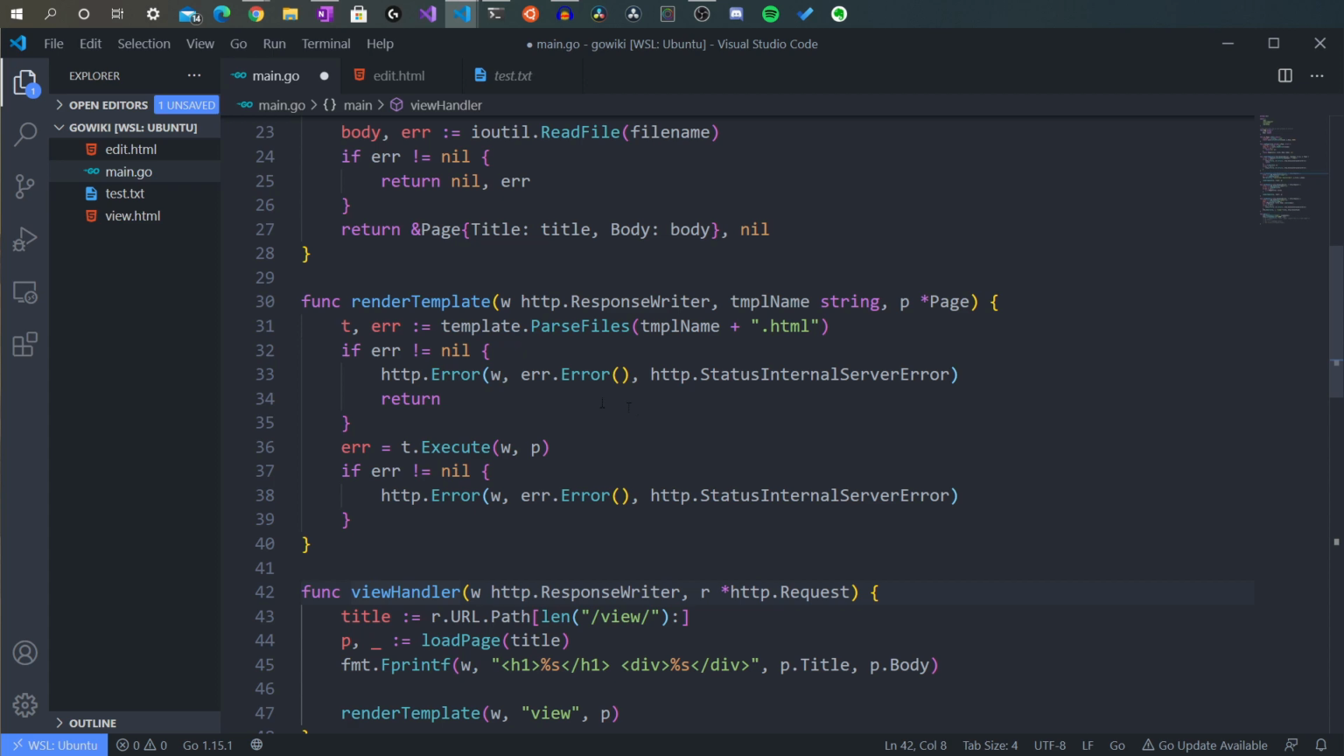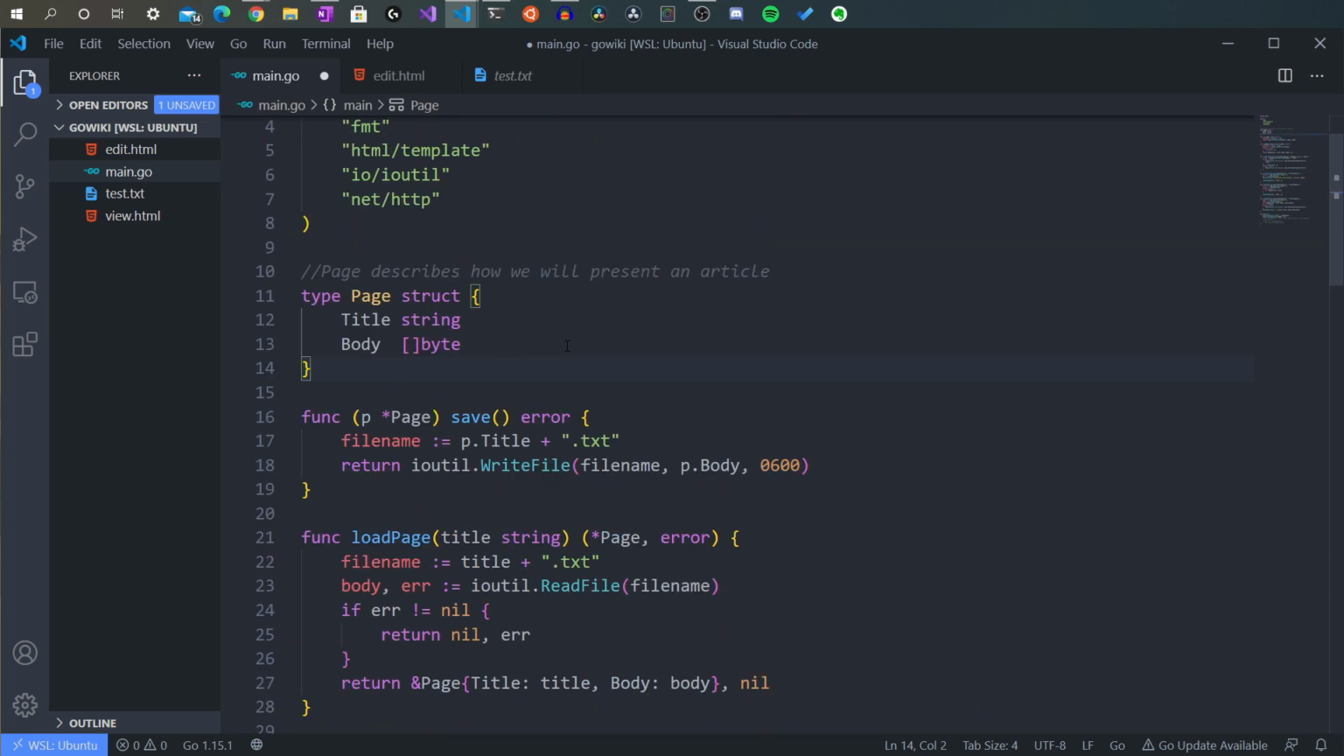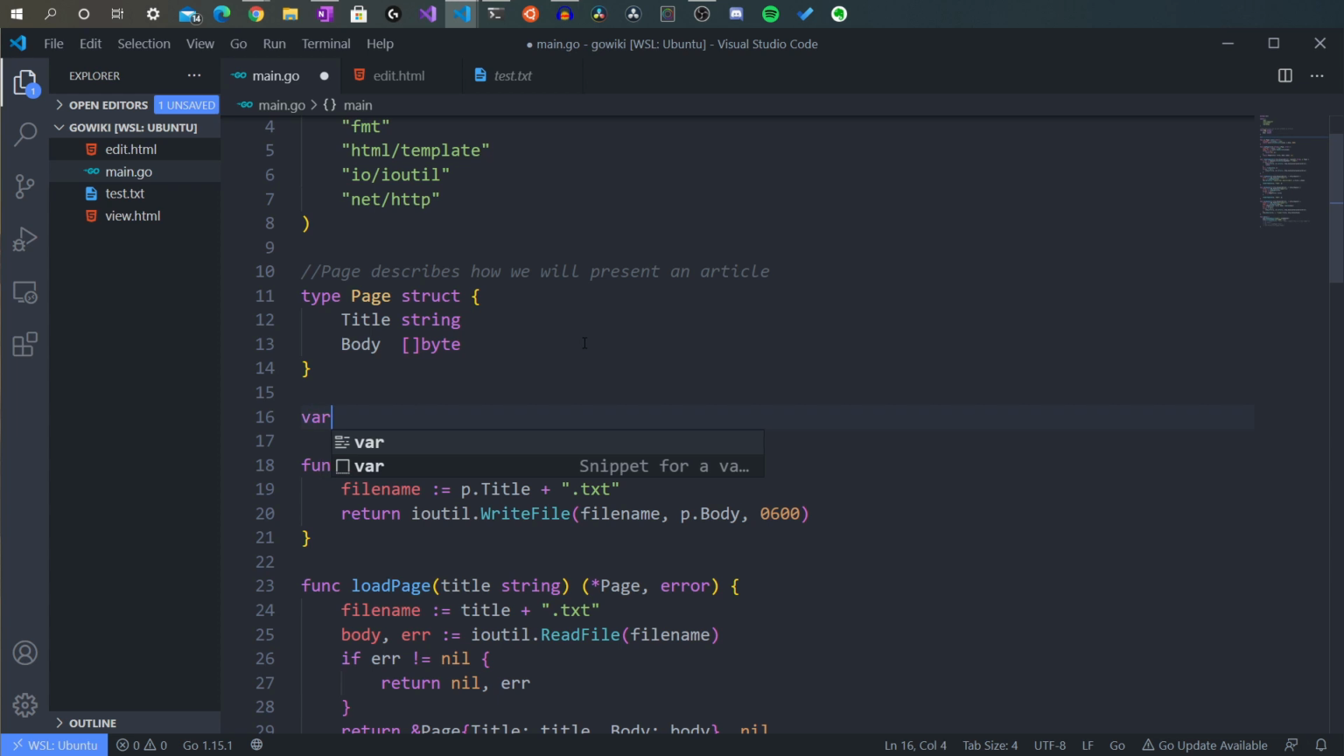Okay, so the way we can do that is we need a global variable that can be accessed by those three functions, right? So in order to do that, let's just create a var. So global variable, we'll use var for that. So we'll just call this templates equals